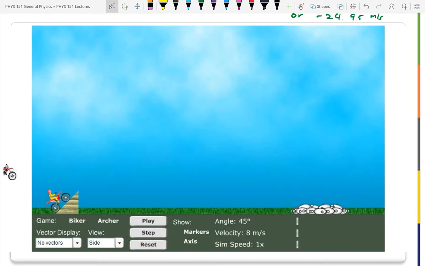But I can make it a very flat angle and shorten up the distance. Clearly, that wasn't enough. Within our guidelines, 10 meters per second, I can't do it with a 20-degree angle. 60 degrees, yep, still too far. So I can't go at 10, but if I slow it down to 9, I should be able to land on there. Nope. Okay, we were at 8, so. At 8.4, you're just at the end, so.